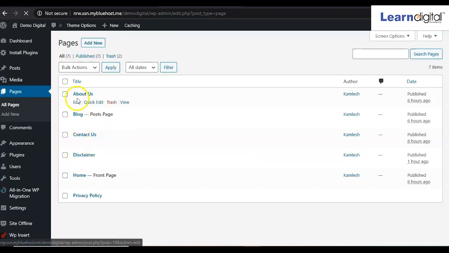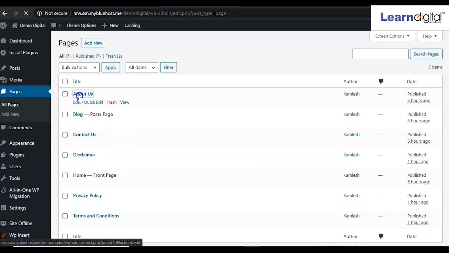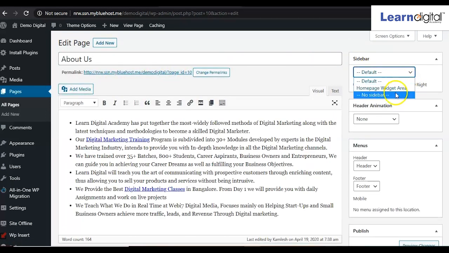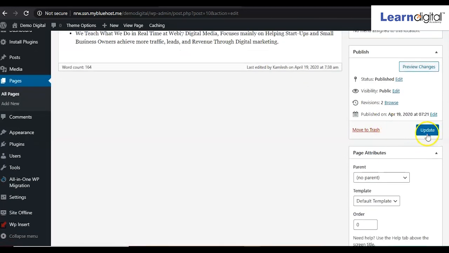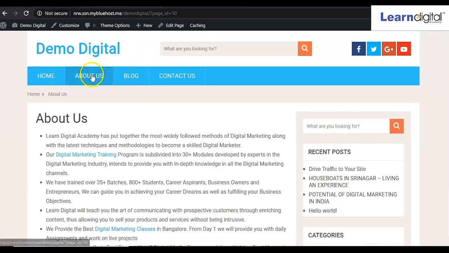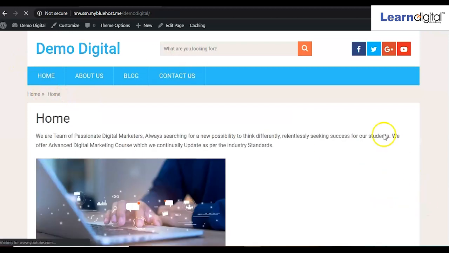You can select the about us page, and from here on the right side at the top you can select no sidebar, right? Every time you have to update for saving it. Now come to your front side, and right now this sidebar is coming. If we refresh this page, see, the sidebar has been removed now. So this is the thing.